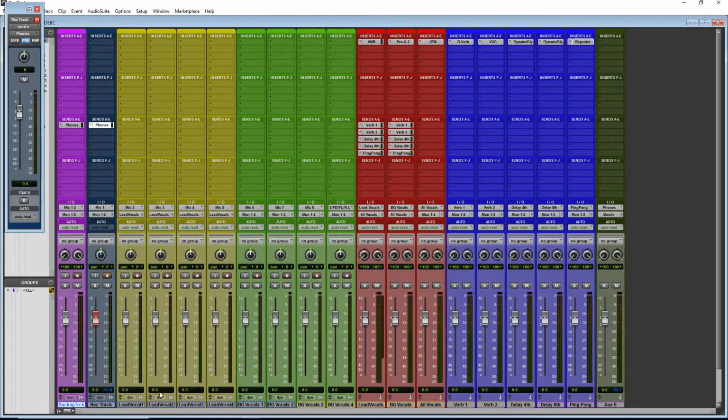Now we don't want anything on these. We're just going to put it straight onto our auxiliaries, because this is what's going to have all the effects and all the processing, and we don't want them to hear it dry necessarily. So